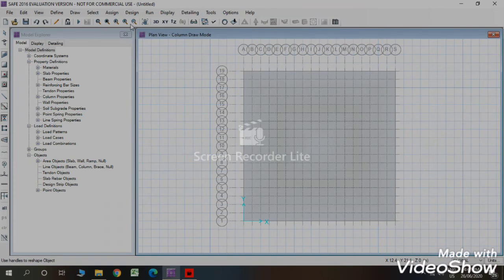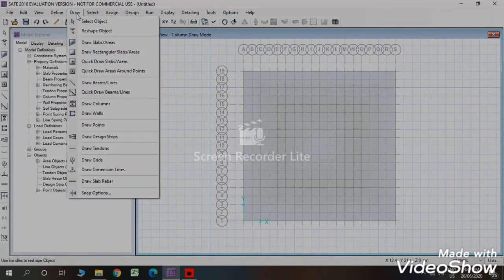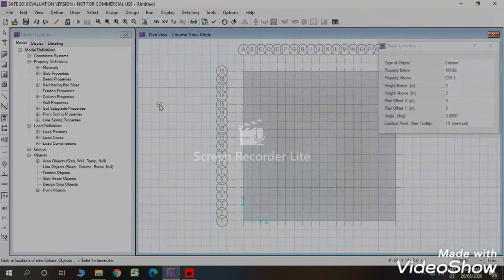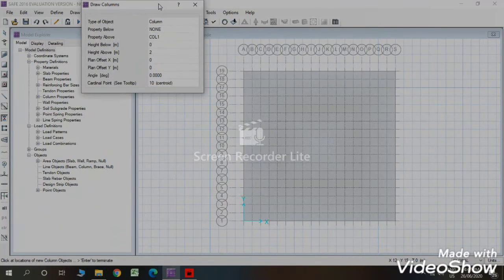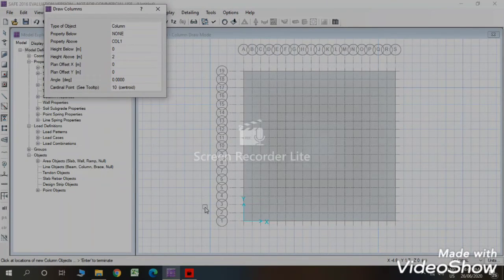Now we will draw columns. For that, go to draw columns. Here we will select properties accordingly, and we will draw column of type 1. So as per the problem statement, we will select these positions.